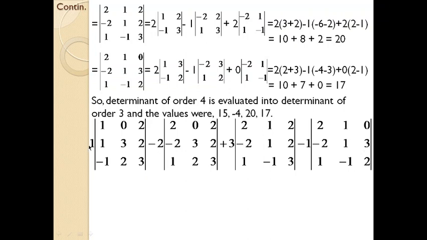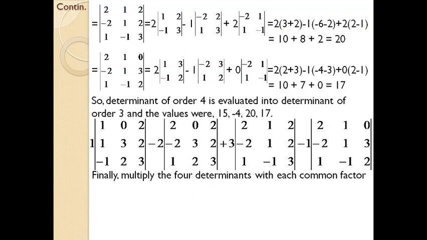It was represented as 1 into this determinant, and we selected only this determinant and found this 15, and we have dealt with this determinant, you got minus 4, and we have dealt with this same determinant, got 20. See, we have got 20. So the next computation will be, you need to multiply each value of the determinant. Each value means here this determinant is 15. Remember, the first determinant has a common factor of 1. So the value of the first one, 15, can be written as 1 into 15.